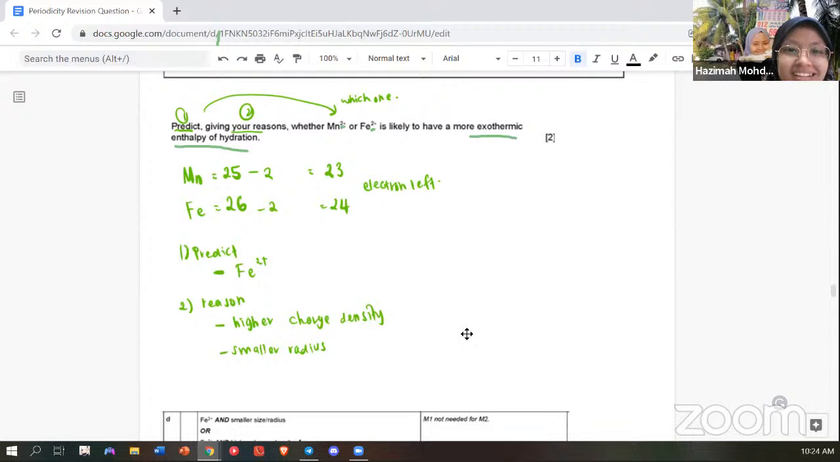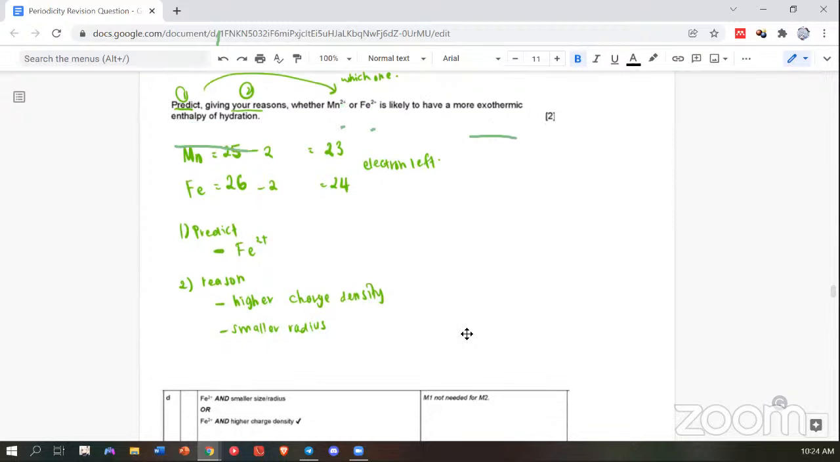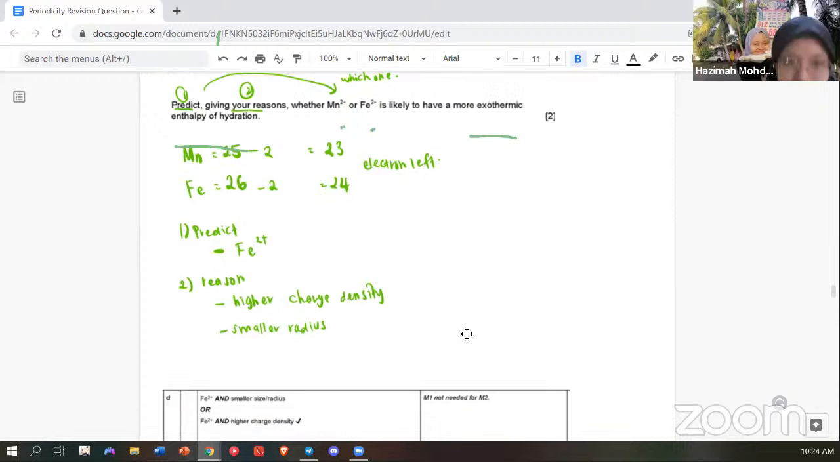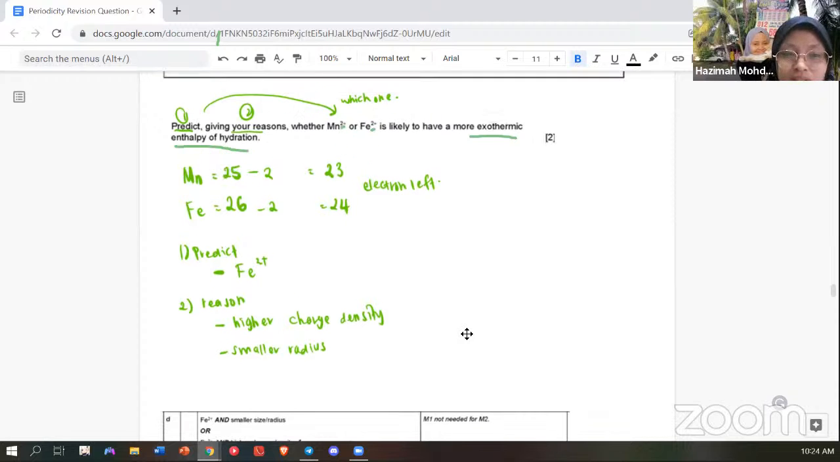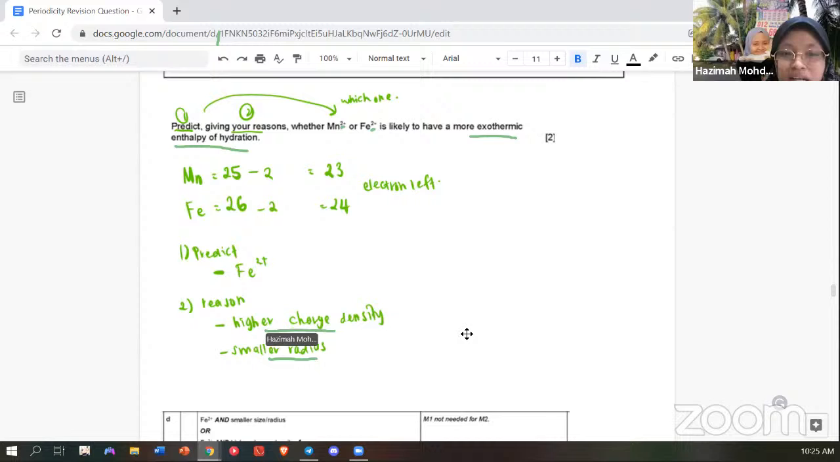Tapi betul tak sir? Exothermic dia release energy kan? Betul. Exothermic reaction is release energy to surrounding and hydration always exothermic. Okay. So bila tarikan dia lagi kuat, so dia akan result in smaller radius, and then dia ada high charge density, meaning proton dia lagi banyak daripada elektron dia. Okay. So exothermic enthalpy of hydration,